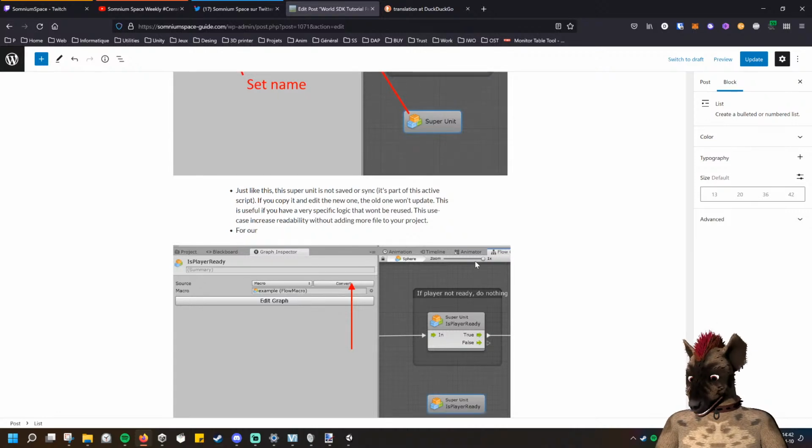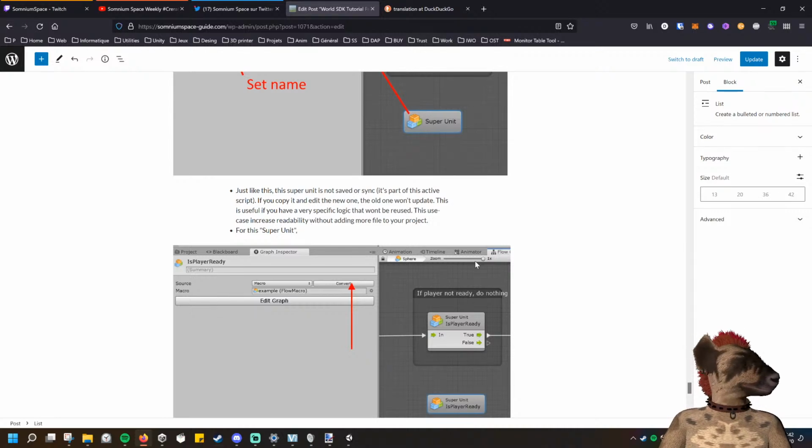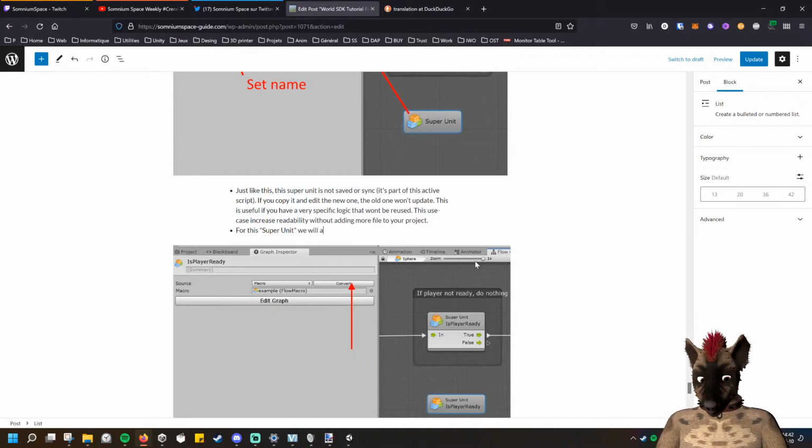For this node, for this super unit, woohoo! For this super unit, we will